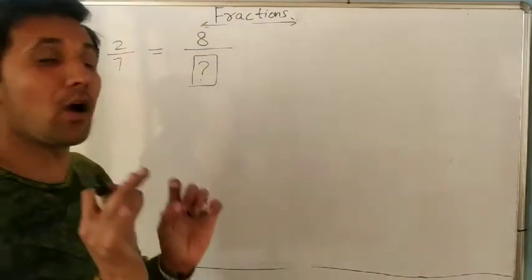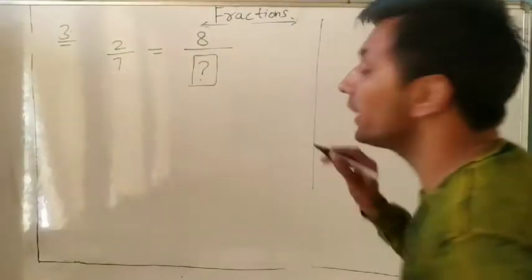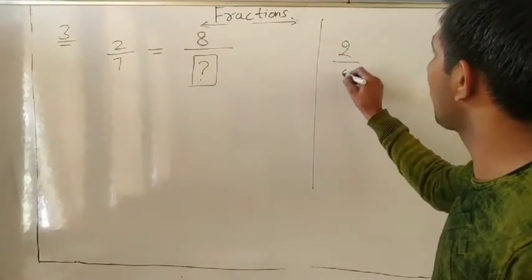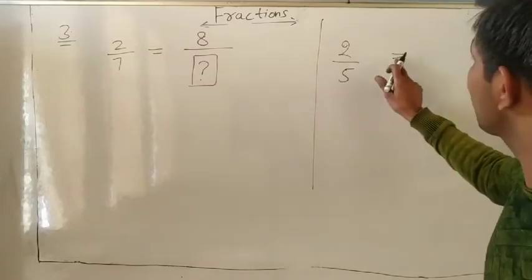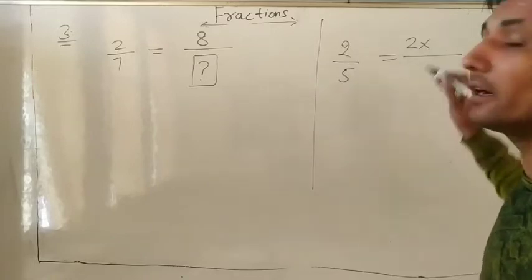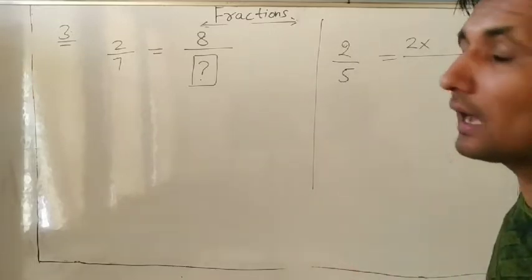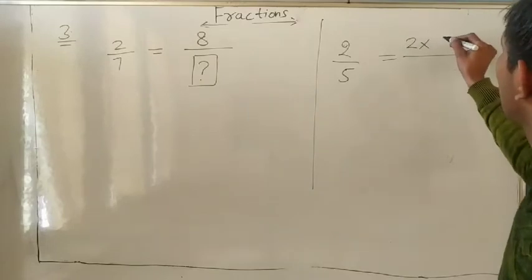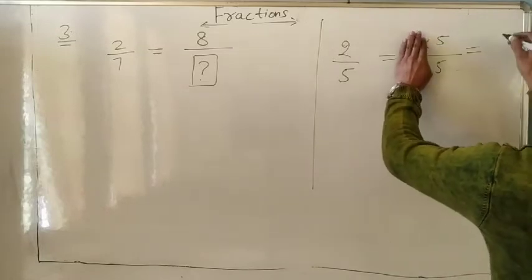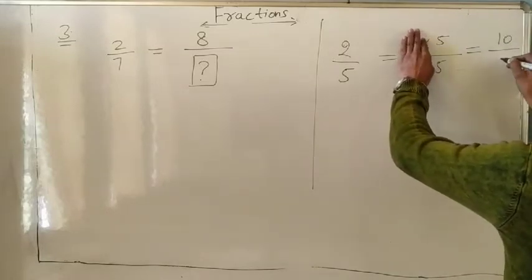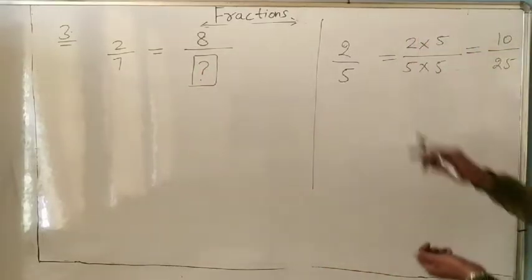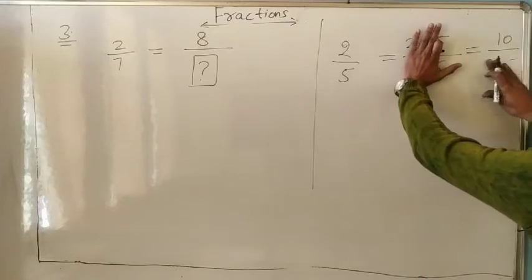Okay, and tell me what number you will use. So you have to think now. I already told you about equivalent fractions. How will you find it? Suppose it is 2 upon 5. Equivalent fraction means equal sign. So it means we should always multiply the numerator and denominator by the same number. Suppose we multiply by 5, here we should also multiply by 5. So suppose 10 upon 25. So this question is like this one. Suppose it is not given. So 2 into 5, 5 into 5. Same as it is.